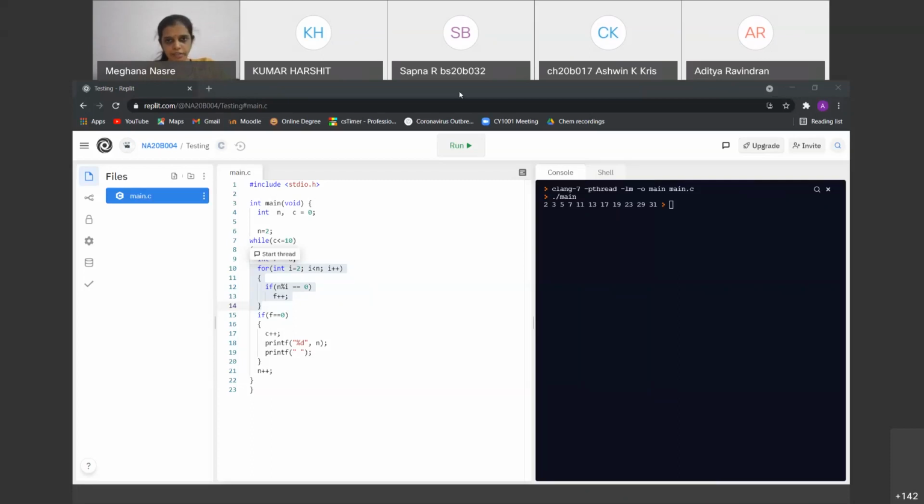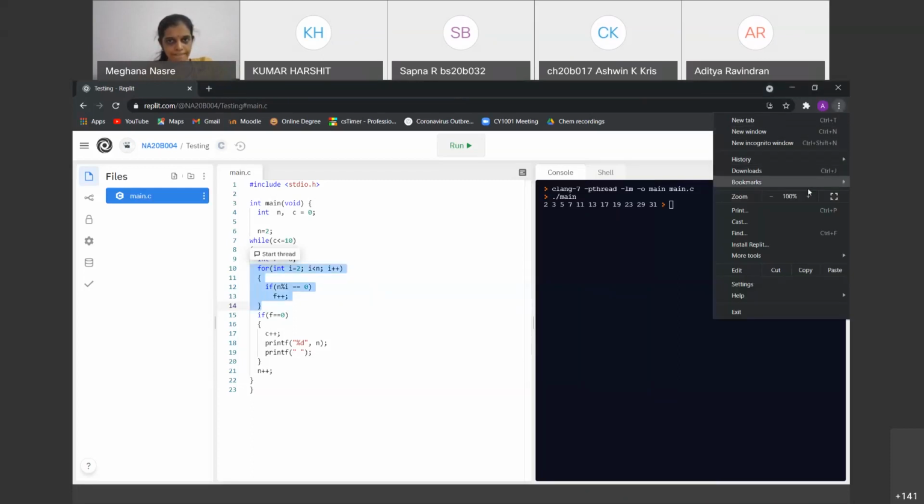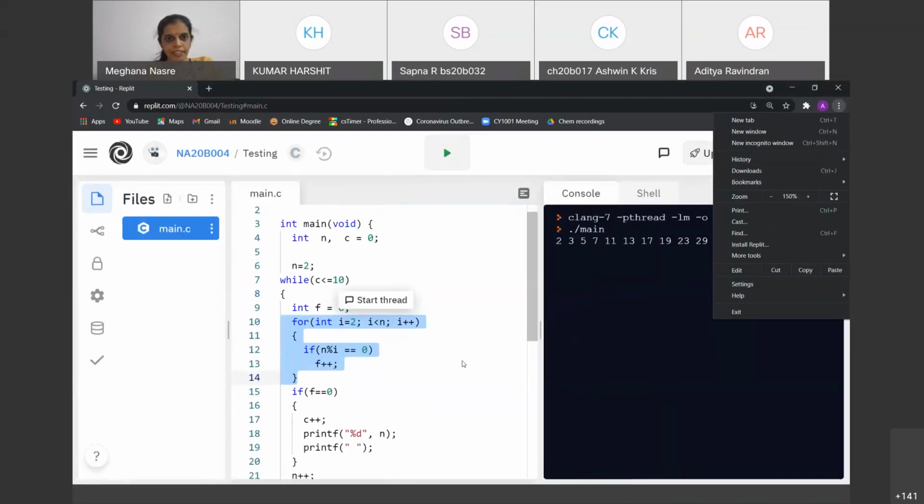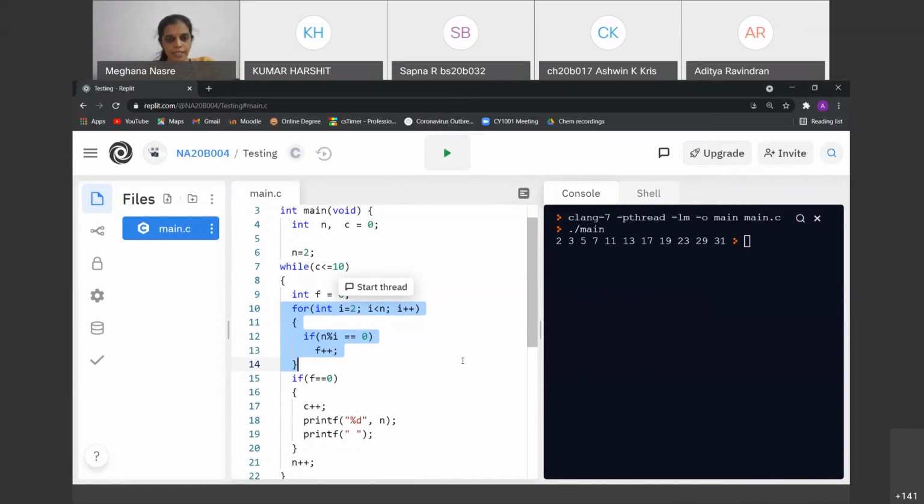So I have one first thing: Aditya, can you make the screen a little bigger? Is there a possibility that your code looks a little bigger? Yeah, excellent, great. This much is enough. So I have a few comments, and Aditya, please don't mind the nitpicking, but I will use this to illustrate some of the things that can be improved in the coding. I think the code is correct, which adheres to what we have exactly said. That is, there is a counter which is kept, which is C.